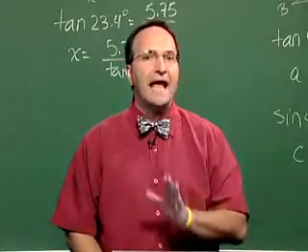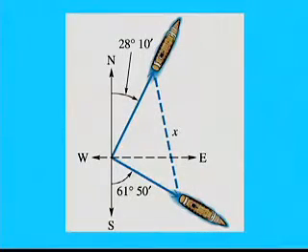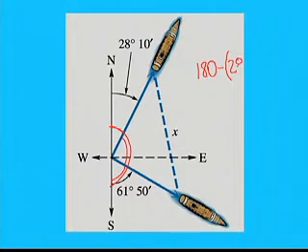First, let's find the angle between the two ships' paths. So in the diagram, we see that the three angles, including the angle between the ships, which I'm labeling with this red arc, must add up to 180 degrees because they form this total angle right here. Well, we already have two of them, so basically what I want to do is take 180 and then subtract from that the sum of the other two angles, 28 degrees, 10 minutes,